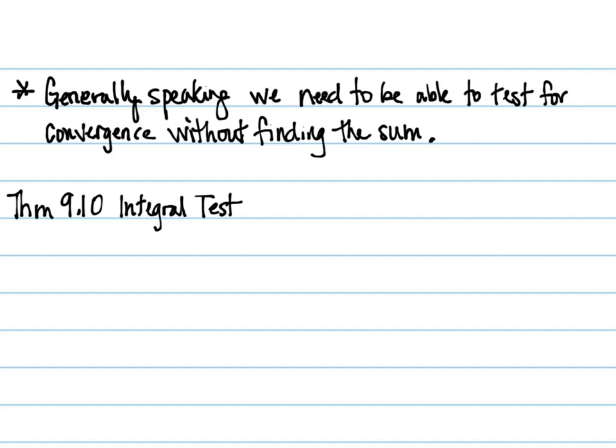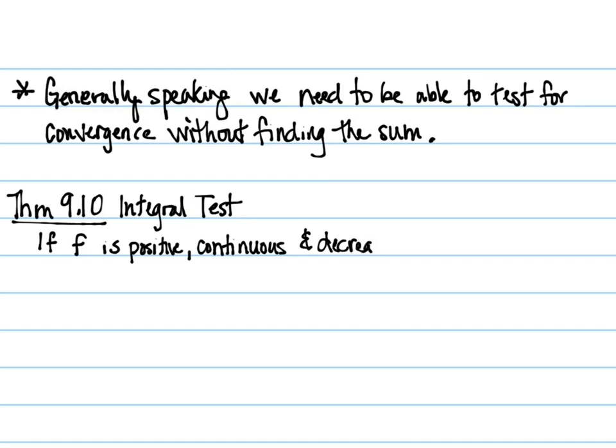And it says the following: if f is positive, continuous, and decreasing for the values x greater than or equal to 1, and a sub n, our sequence, is equal to the value of the function at n,